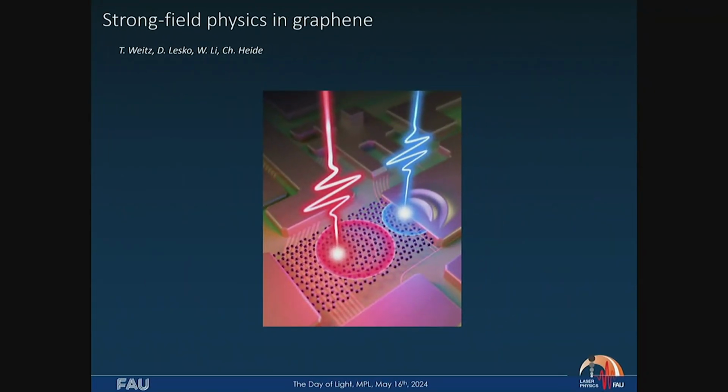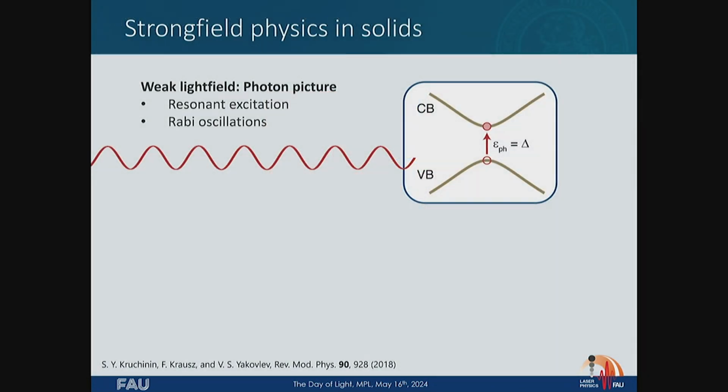Let me show you in the last 10 minutes or so what happens in graphene and what happens at this graphene gold interface when we shoot laser beams here. And I think it's also beautiful physics. You all know Rabi physics. We think of two-level systems. In solids, we usually have 2 bands. So this is K, quasi-momentum. So you have an additional variable where you don't have just a two-state system, but 2 bands.